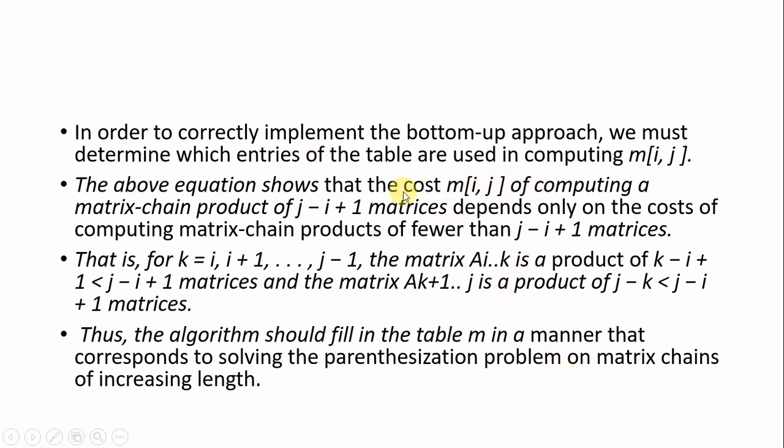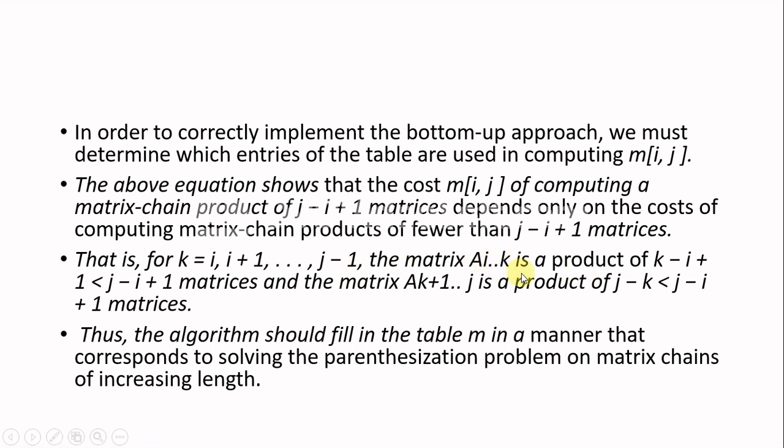So that's what we know, that m of i comma j will depend on j minus i plus 1 matrices, because the cost of computing m of i comma j is computing a matrix chain product of j minus i plus 1 matrices. And that depends on the cost of computing matrix chain products of fewer than j minus i plus 1 matrices, because when we consider k equal to i plus 1 to j minus 1, the matrix Ai to k is a product of k minus i plus 1